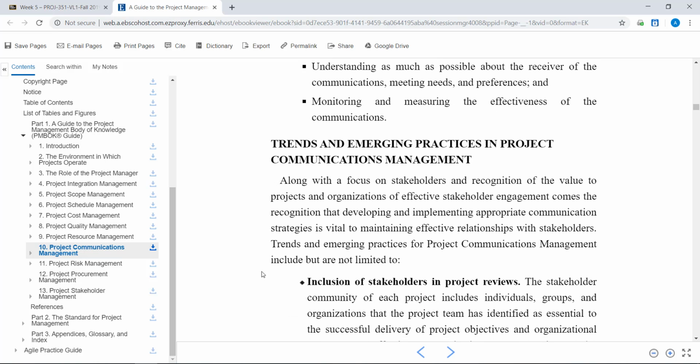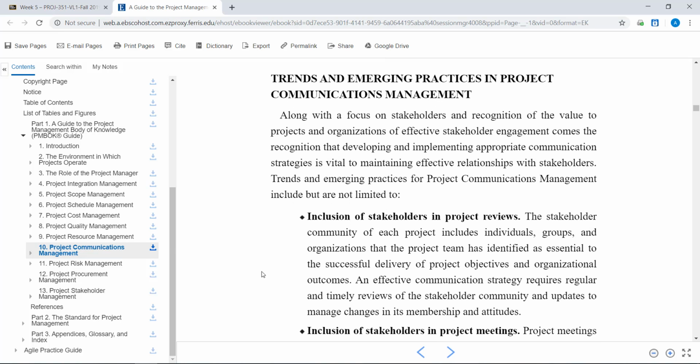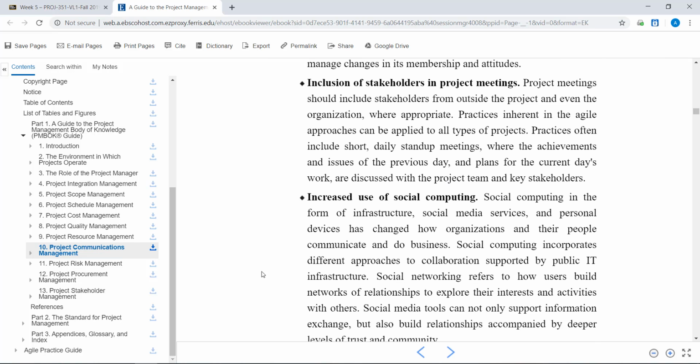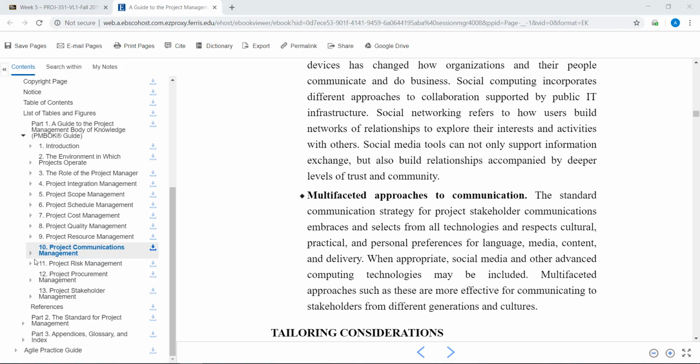I think the trends and emerging practices in project communication is also a very interesting section. We have talked about how technology and global projects have created different situations and circumstances for projects in the last 10 years. And some of these ideas that the PMBOK points out address those situations. For example, one of them is the use of social computing and effectively using social media and other computing technologies to better your projects. One other area that I would like to highlight